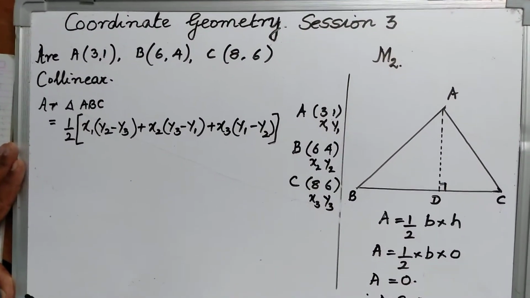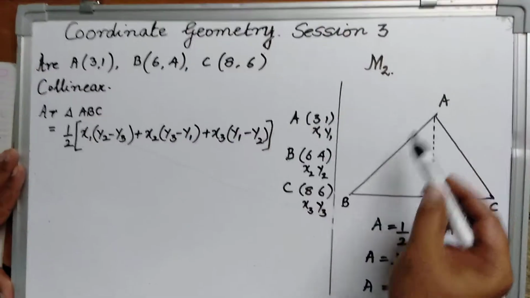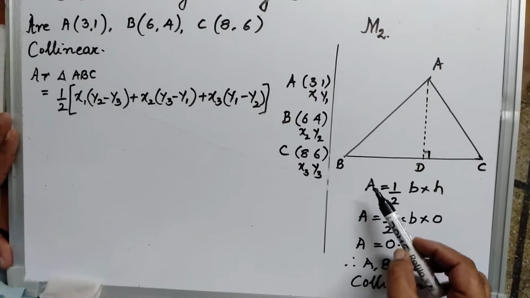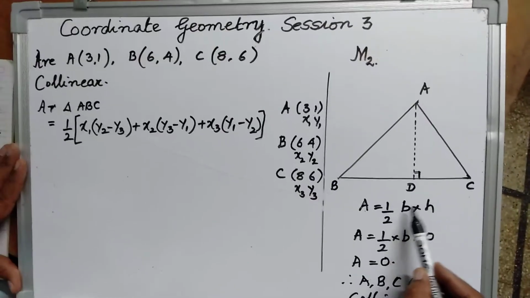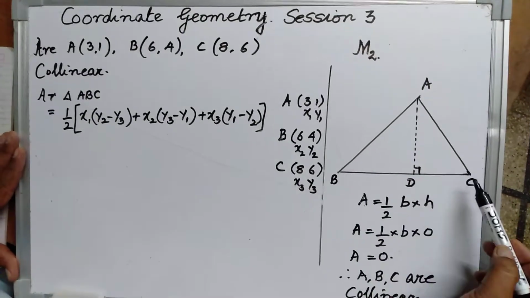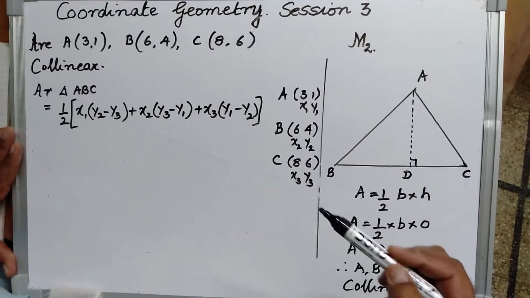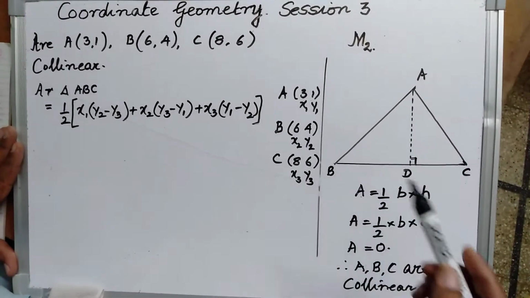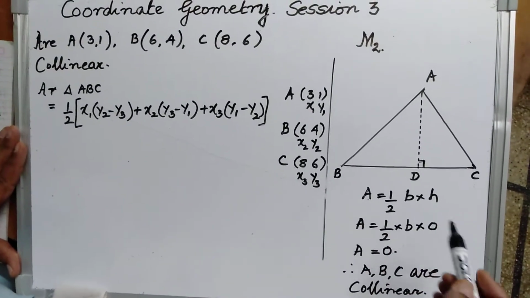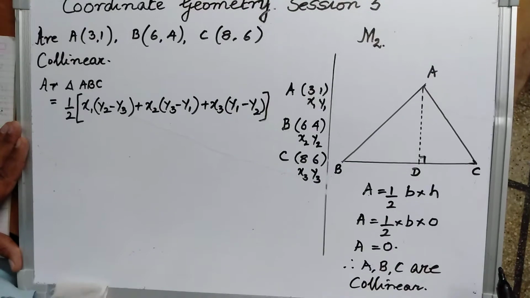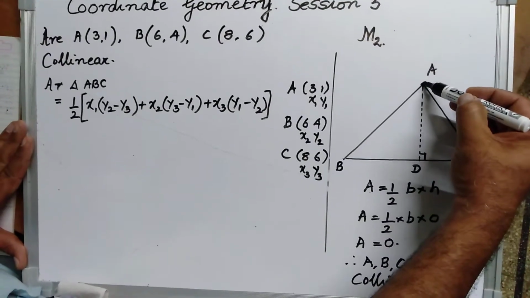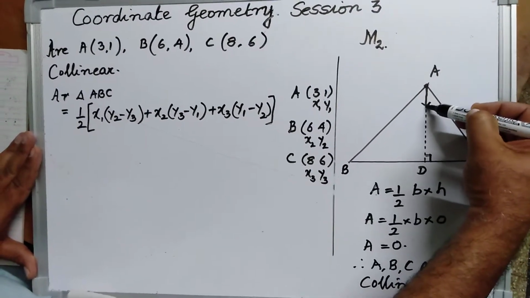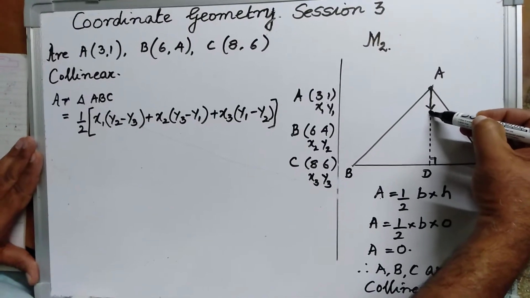And how is that argued? See the triangle ABC. The basic formula that we have studied to find the area of the triangle is half base into height. Now this triangle ABC has some base BC and the height is AD. Therefore, this being a plane figure has some area and it is finite. Now what we'll do is, this vertex A, we will push it inside along the perpendicular and imagine that point A comes here.